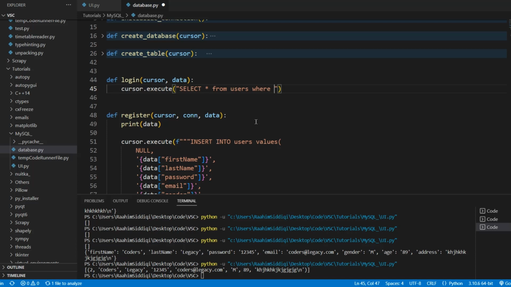But we haven't actually made a username over here. Normally there's a username and then there's a first name and last name, right? But we didn't actually make a username. So let's just pretend like the email is the username. Okay? So we're going to do where email is equal to,